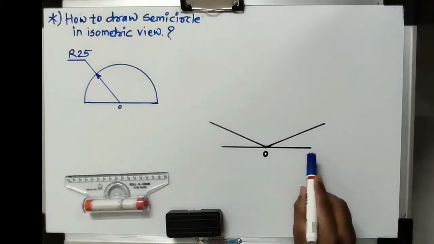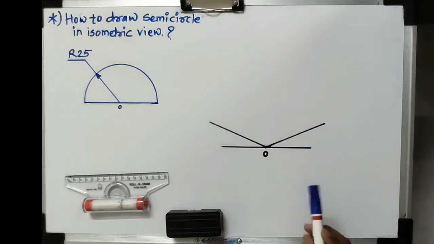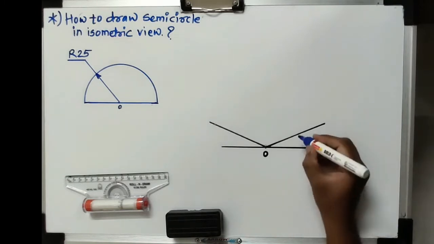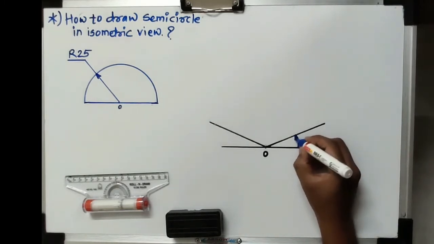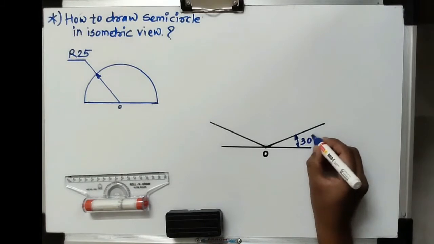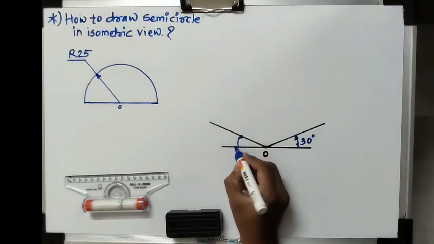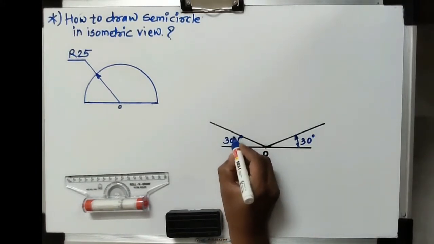So now this is the initial stage for drawing that pictorial view into the isometric view, that is by drawing the reference line, by considering the origin point O, and by drawing the two 30-degree lines from that reference line, one towards the right side and the second towards the left side. Okay, I think all of you are aware of this.